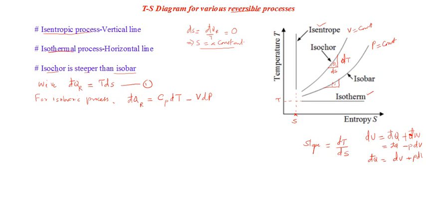Then, hope you remember, we added V dP and subtracted V dP, rearranged, and finally obtained this expression. We have done it previously also. Try to recall this one. If you recall this equation straightforwardly, then it is quite easy for us. This is Cp dT minus V dP. This is a general equation. So for an isobaric process, how will this equation change?